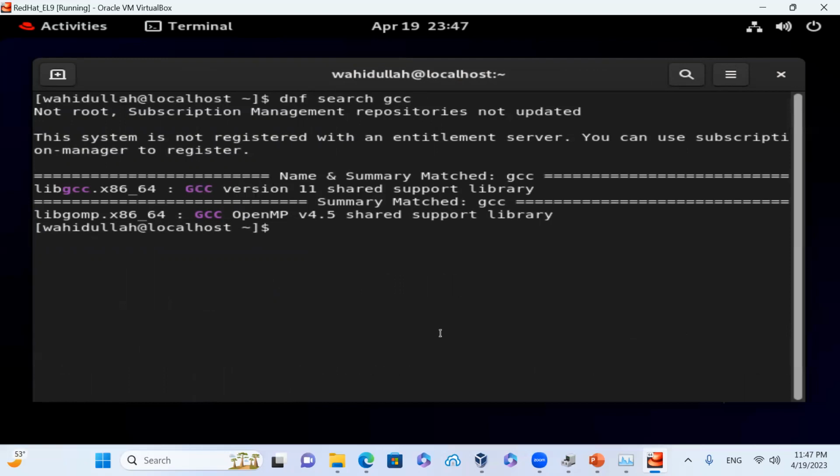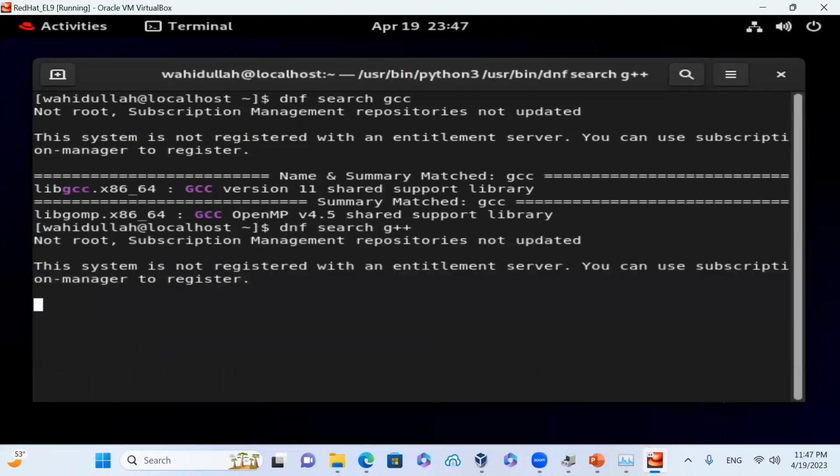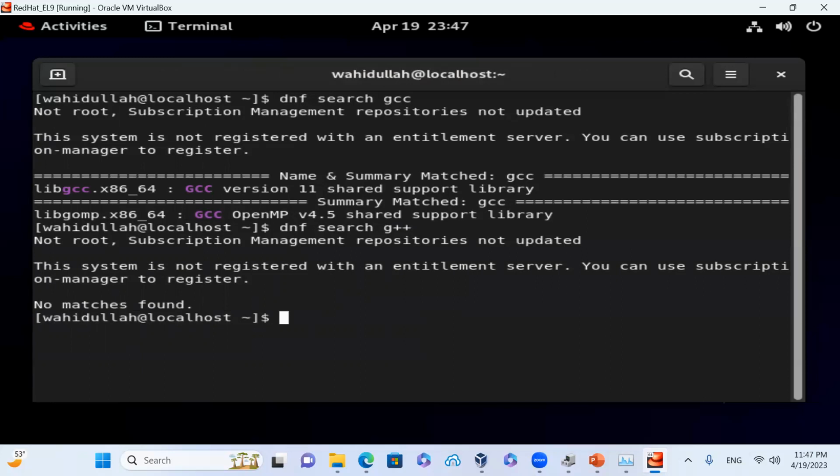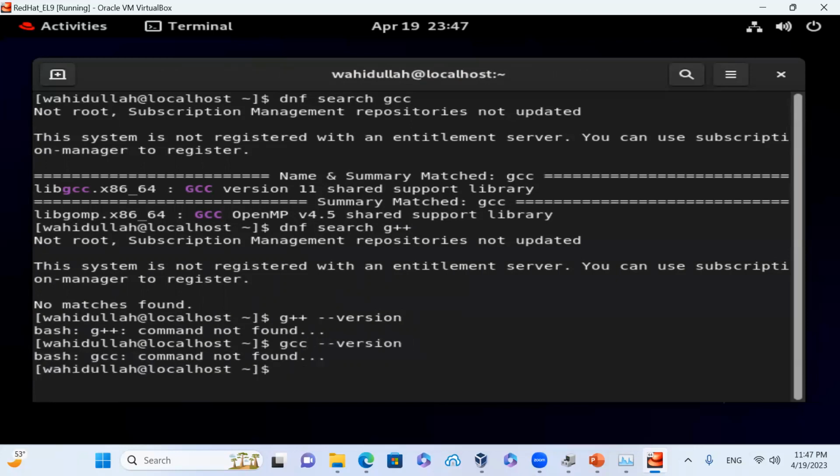Let's get a couple of things here. dnf search g++. So the GNU C++ compiler should be g++, and it is not finding it. If I say g++ --version, it's going to say it is not found. And then gcc --version is going to say not found. So let's install them. I'm going to say sudo su -, clear screen, dnf